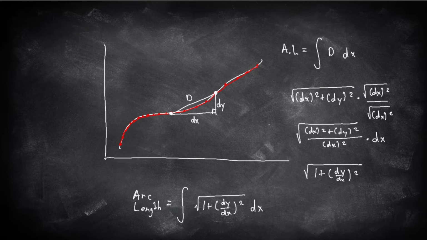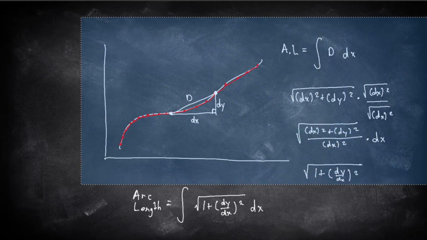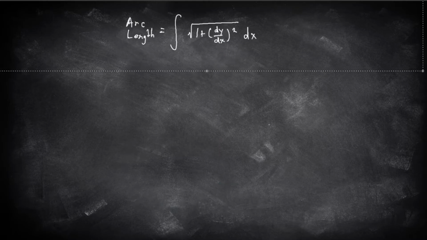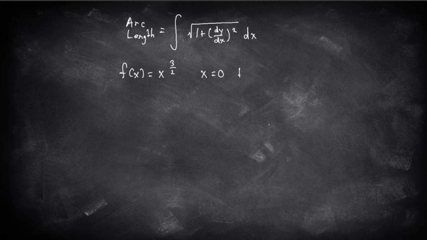Okay, let's delete this and let's try an example. Move this to the top. So let's say we have an arc f of x is equal to x to the power 3 over 2, and we want to find the length of that arc from x equals 0 to x is equal to 4. Okay, well, let's set up our arc length formula. So integral of square root of 1 plus our derivative. Let's take the derivative of that. So our derivative